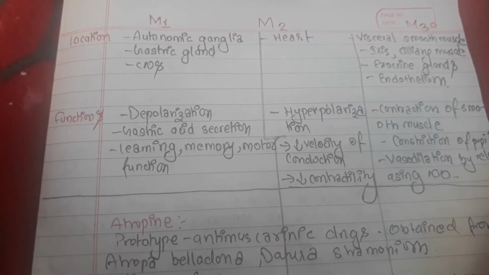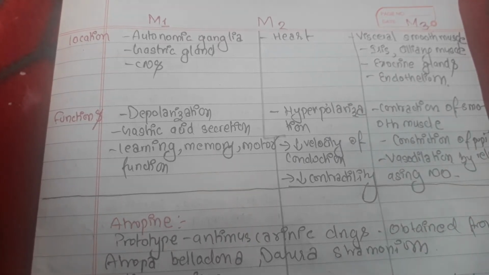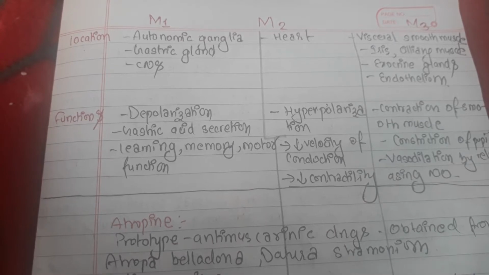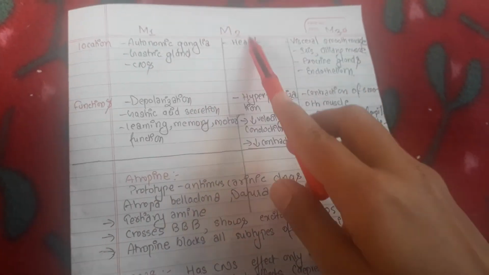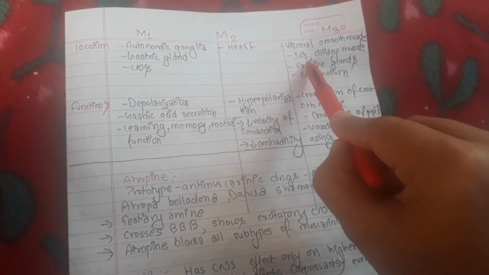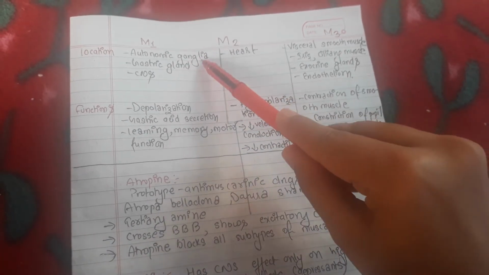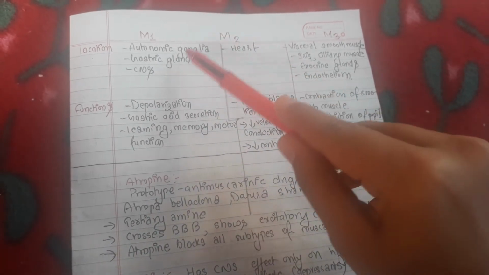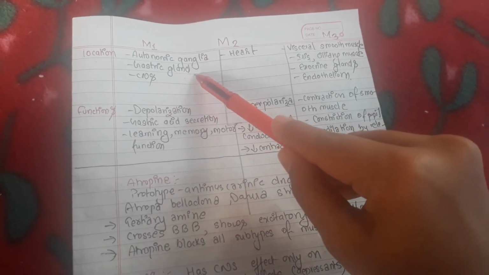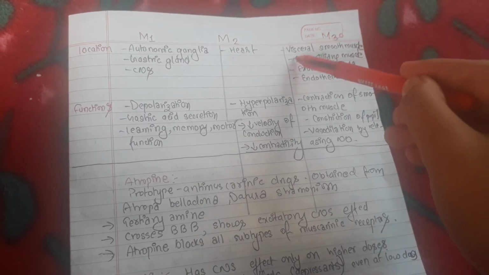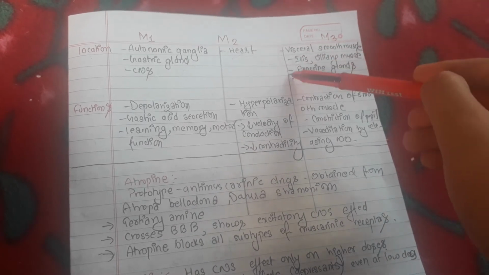muscarinic receptor does, or what happens when acetylcholine stimulates our muscarinic receptors. So the very first thing that we're going to study here is M1, M2 and M3 muscarinic receptors. M1 muscarinic receptors are located in the autonomic ganglia, gastric gland and CNS. M2 receptors are in the heart, and M3 receptors are in the visceral smooth muscle, iris, ciliary muscle, exocrine glands and